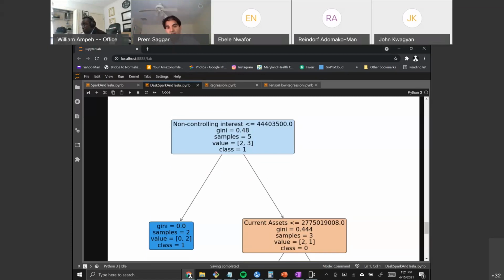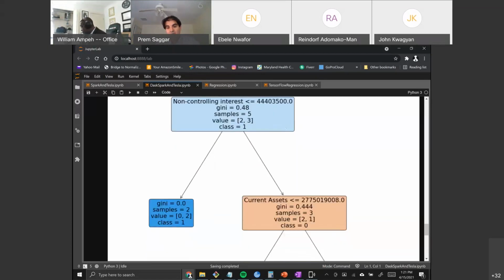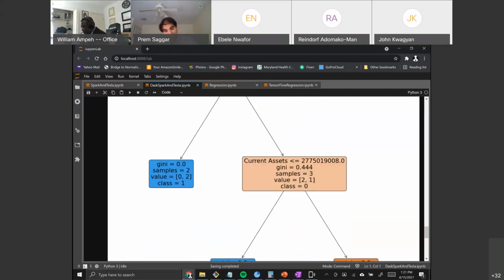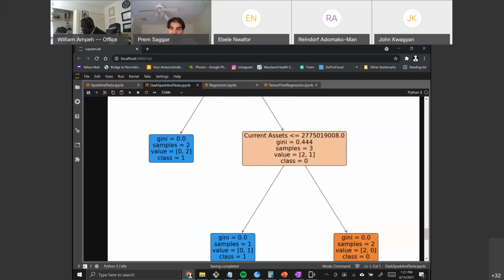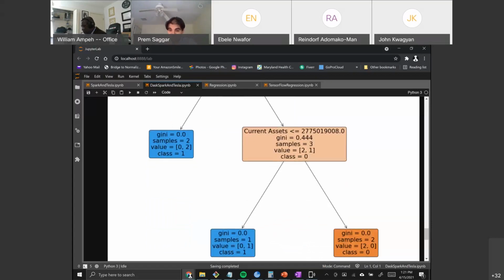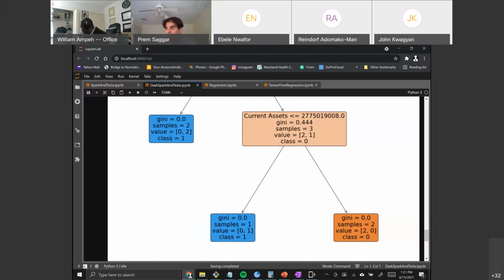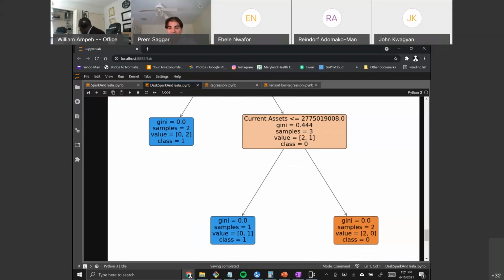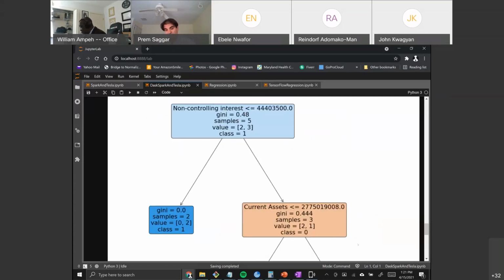Okay, so if non-controlling interest is greater than this number, then it depends on what happens with current assets. I'm going to try to read that, right? So that is 2 billion, I'm just going to say 2.7 billion. So if the current assets are less than 2.7 billion, the stock goes up. And if the current assets are greater than that, then the stock goes down. Now, this is an extraordinarily simplified model, but